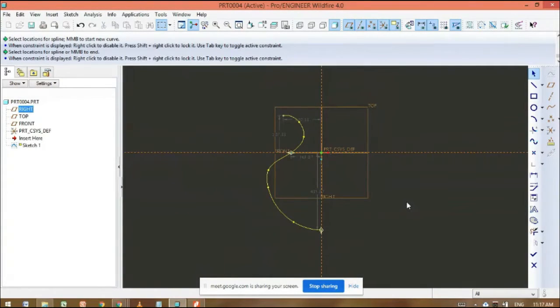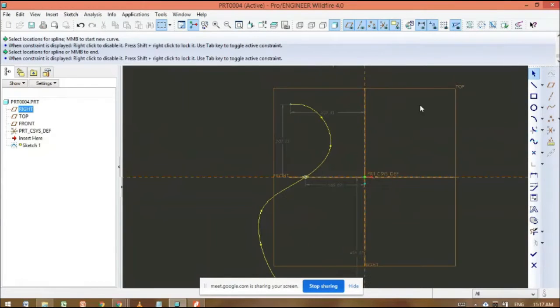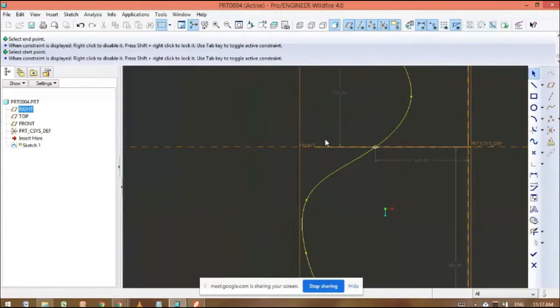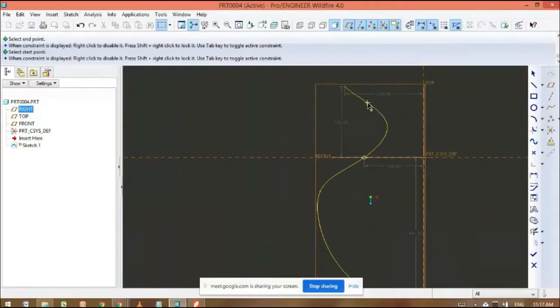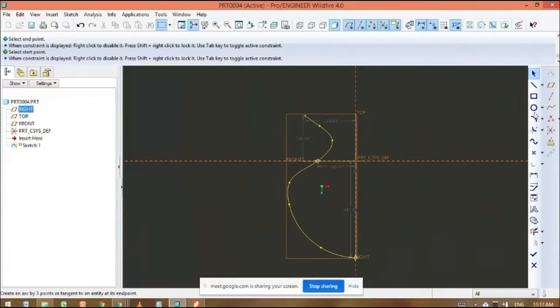But if we want to convert the sketch into the 3D model or solid model, then the sketch must be closed. So we are going to close the sketch. Close it.